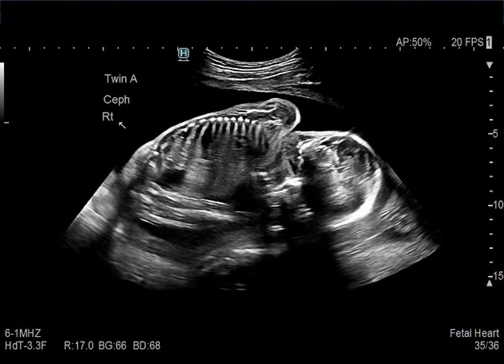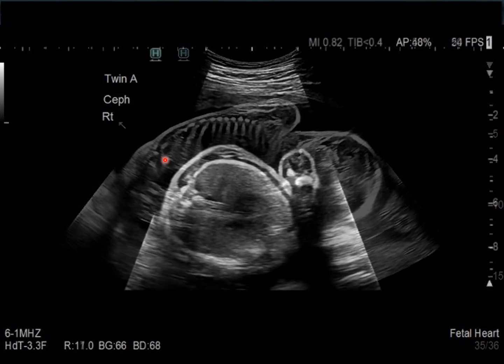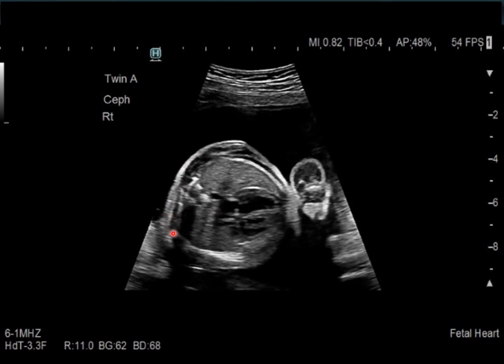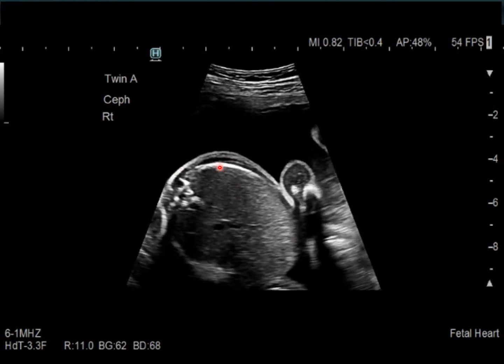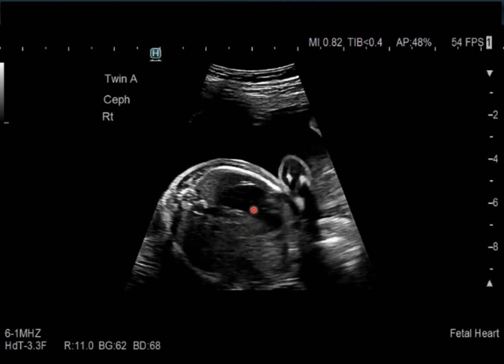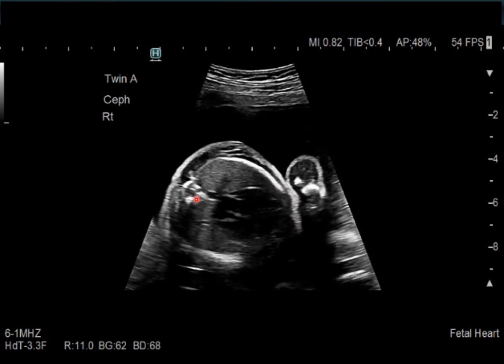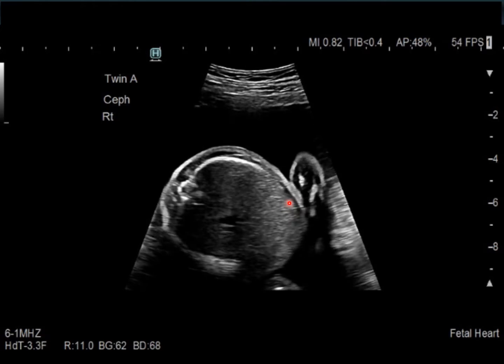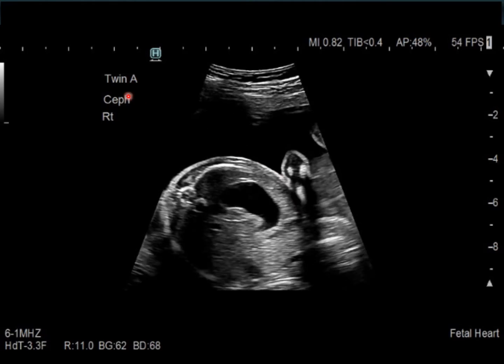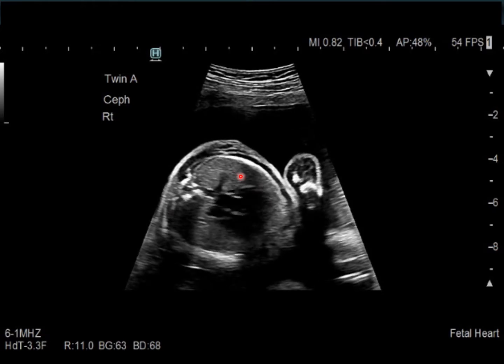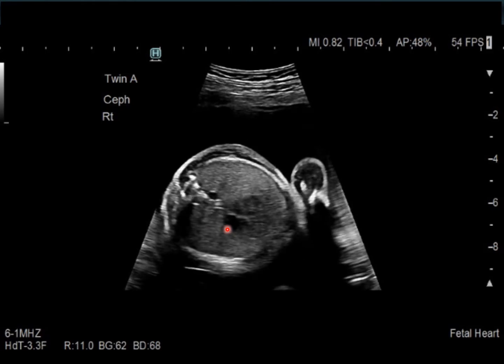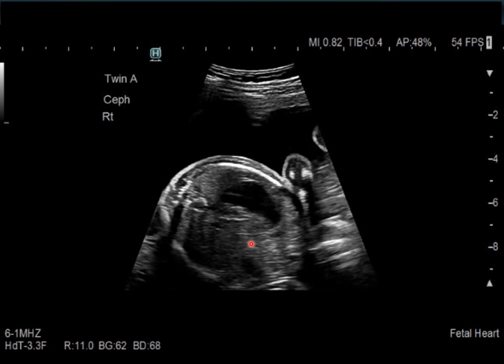Again, we would start with fetus A, as we see here, the cephalic presentation. Remember, the first fetus was closest to the cervix. The head here was presenting first with a cephalic presentation, longitudinal, and this is the 90 degrees counterclockwise rotation, showing the stomach on the left. Again, 12 o'clock, the apex is pointed to 5 o'clock like it should in a cephalic presentation. And that would be fetus A, and we would continue the scan with fetus A,